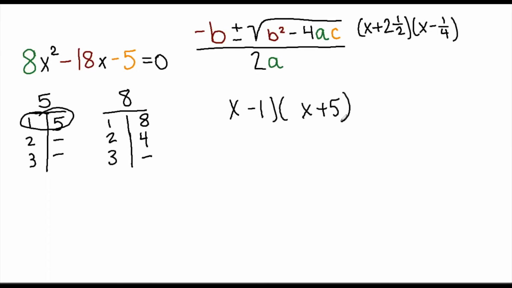Okay, so now we need to figure out what's going to go in front of our x's. Is it going to be 1 and 8 or 2 and 4? So the reason it will be 1 and 8 is when we're doing our foiling. That will give us too big of a number when we do 8x times 5. Because what that gives us is,